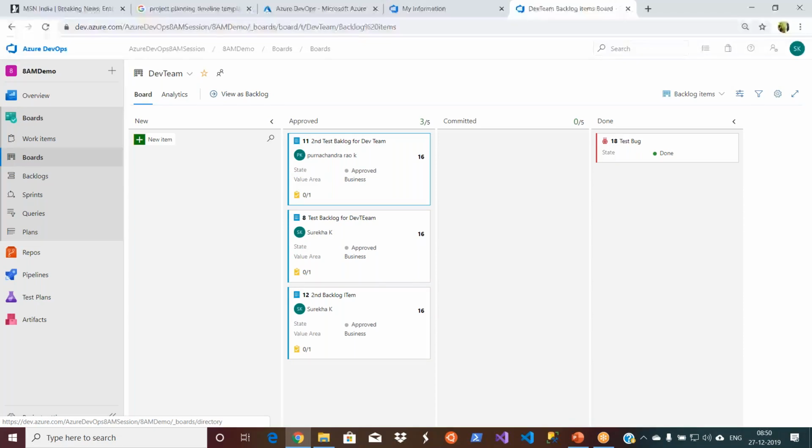The next one is coding. That means your developers write code to implement these requirements. We call them product backlog items or tasks, right? So they develop the code. Now the code maintenance will come into the picture. They write the code, now you need to maintain the code, and after that you will get into the build and deployment activities, right? So let's go to repos.